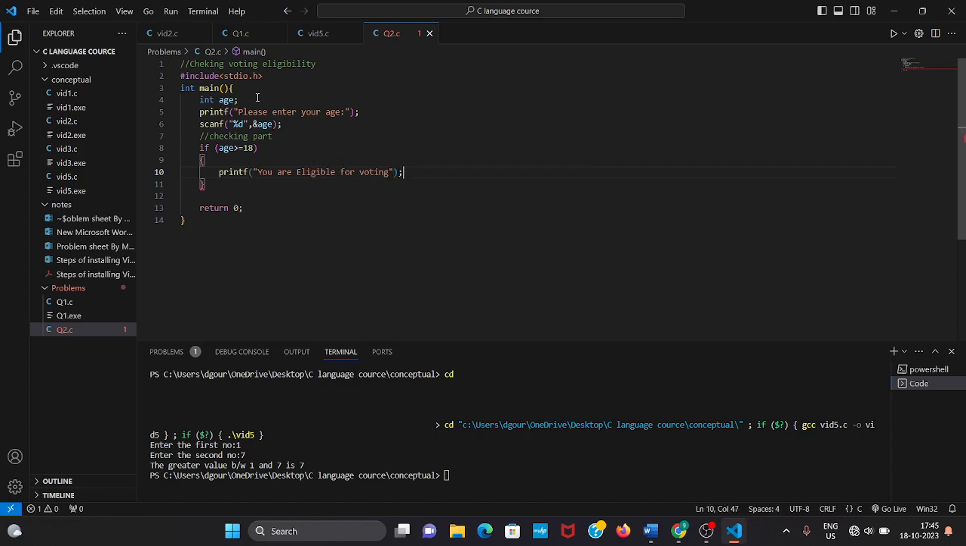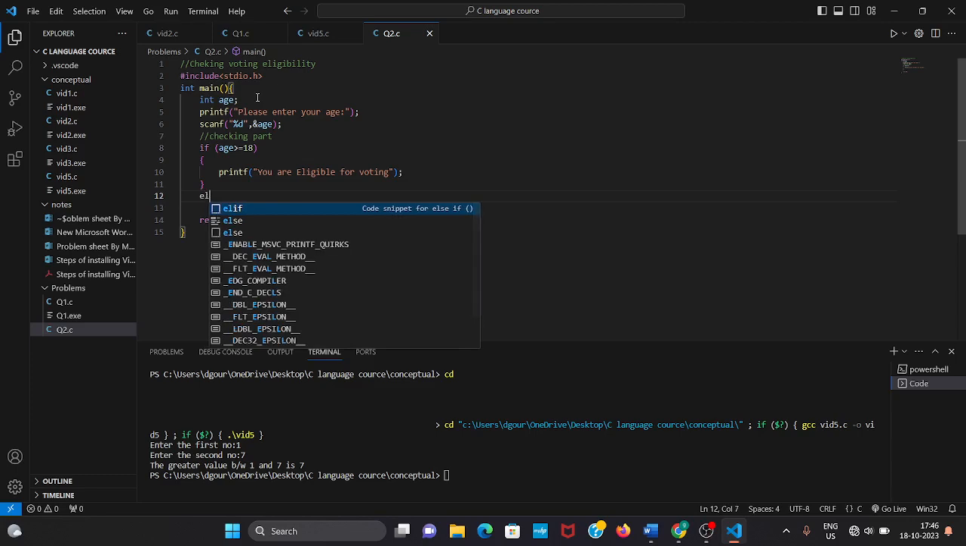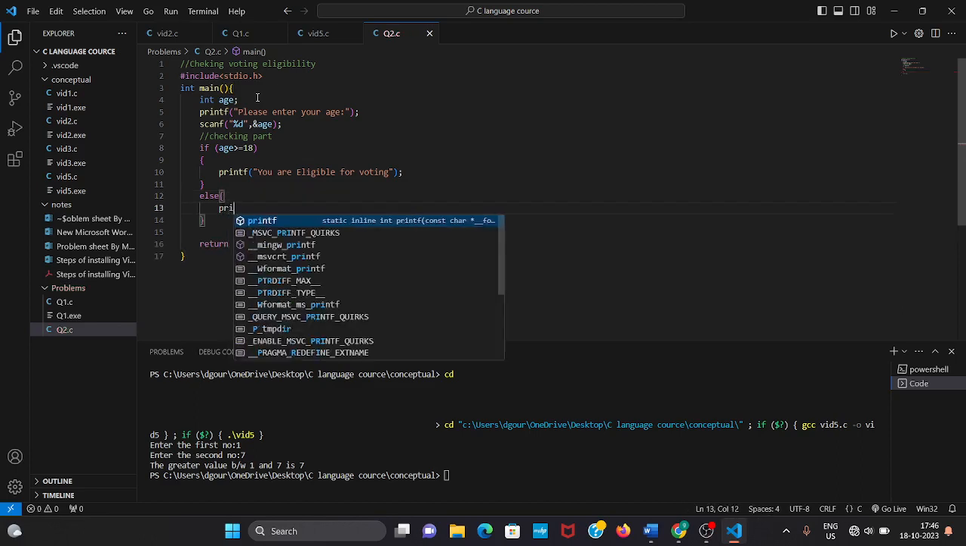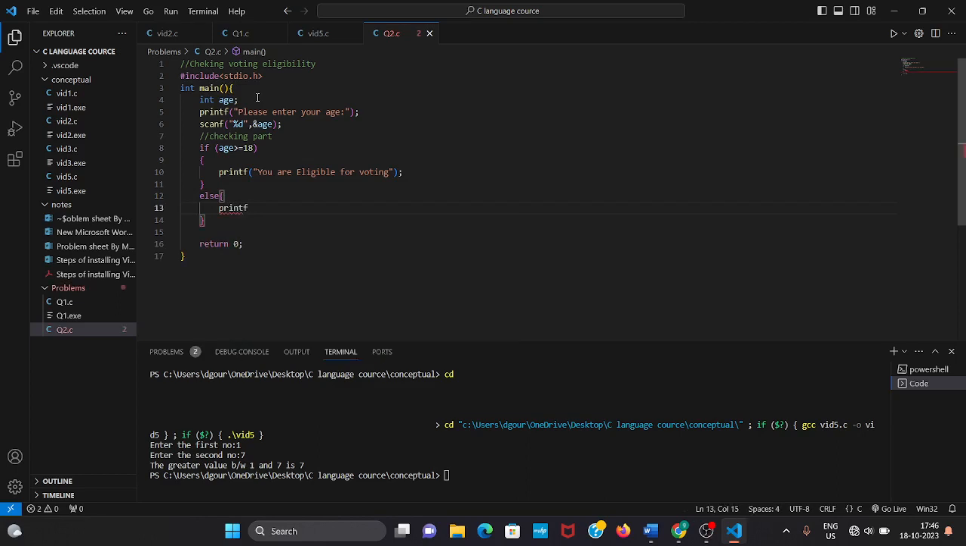If the age is not greater than or equal to 18, then it will definitely be less than 18. So we do not have to write another condition for this. In this case we will use the else statement. Like else, and here we have to write this type of bracket, and we have to print simply using the printf function that,